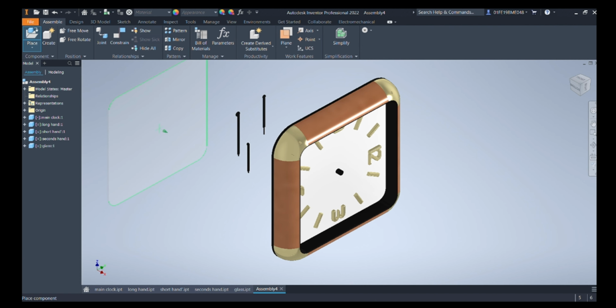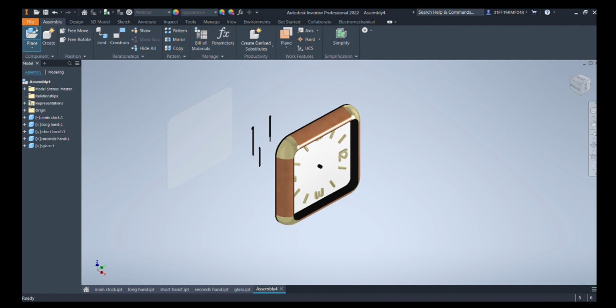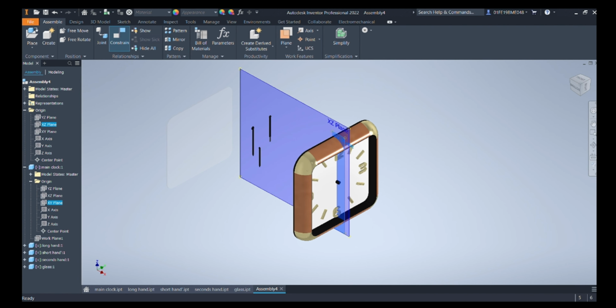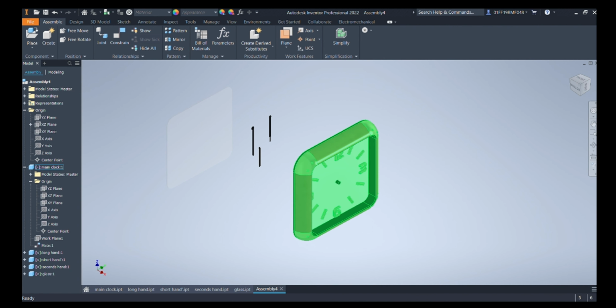So we can see that our clock is tilted, so first we need to fix it. Select the XY plane of the clock and select the main XZ plane control, and then add a constraint so it will get perfectly parallel to the plane, and it's the exact position of our clock. Now just ground the clock so that it doesn't move.